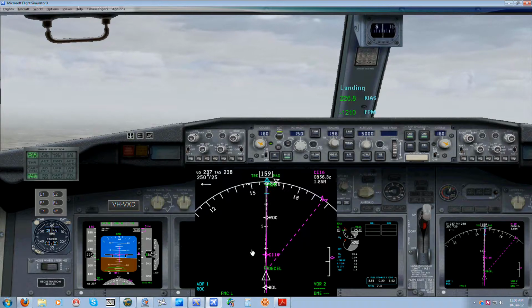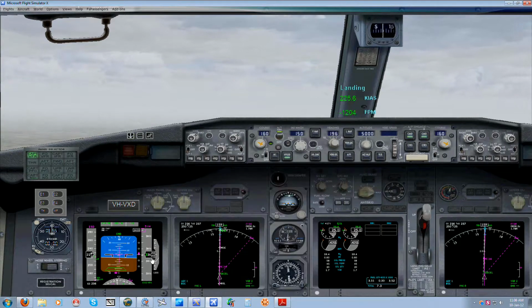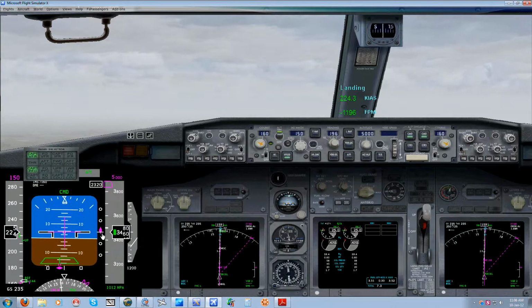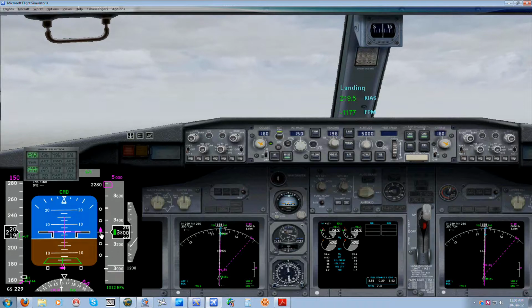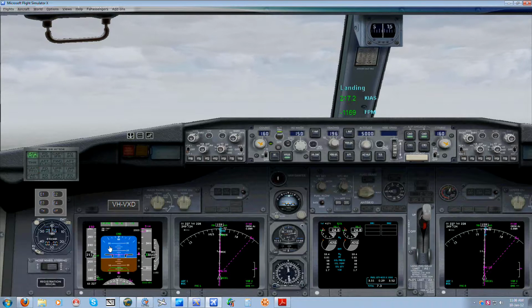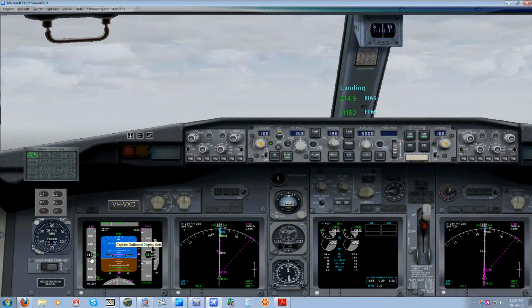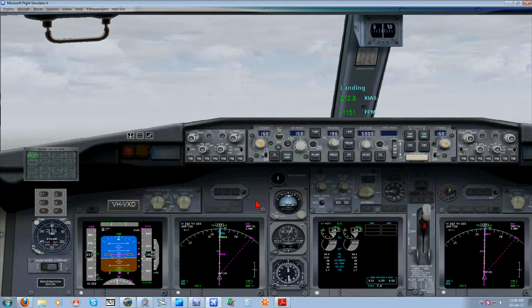So like I said, you can just ignore this descent profile, just go purely on this ILS glide slope. And we're slightly low, but it doesn't matter. It's minimal, not really that much of a problem at all. It'll descend pretty quickly to get that. And just manage this speed. So we've got to get this speed down. That's the main thing, is getting this speed down, so that we can actually get the flaps extended and the